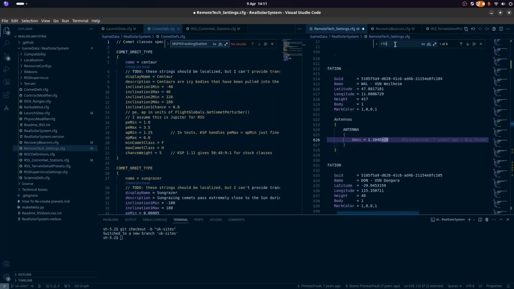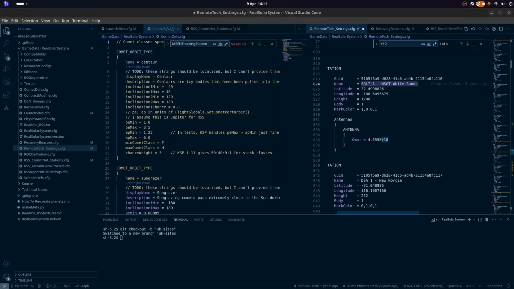That's it. What's 10 to the 10? USN Wilhelm. SGLT1 at White Sands. How big is that? Because if it's 10, then that implies we're about correct. Can I see what the size of the radius is? Nope. Excellent.